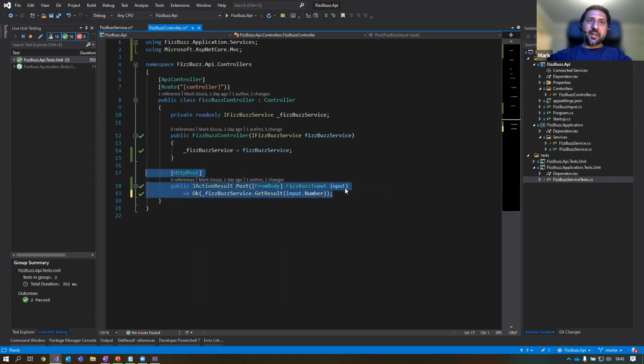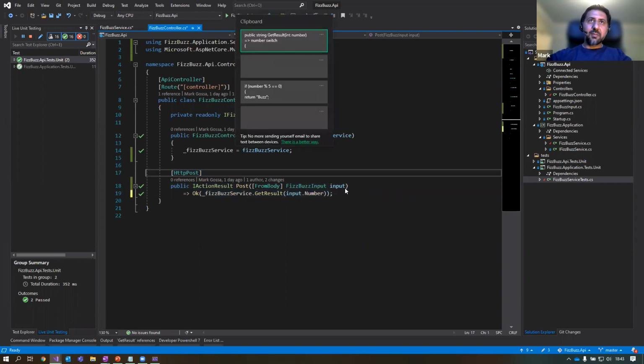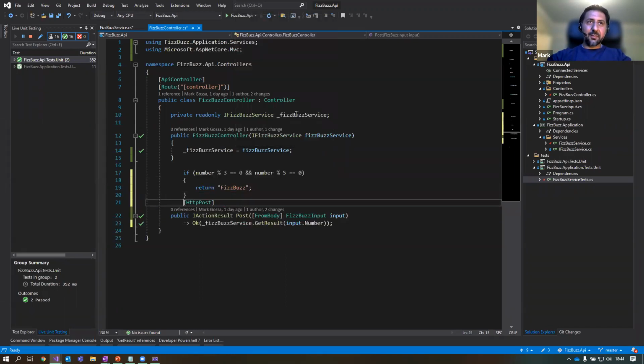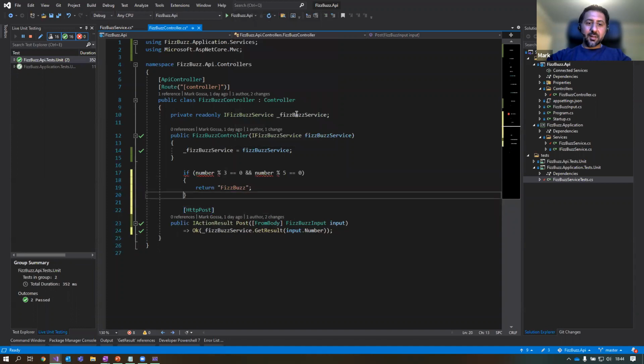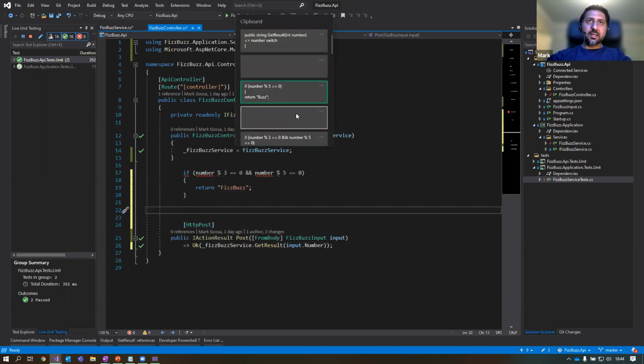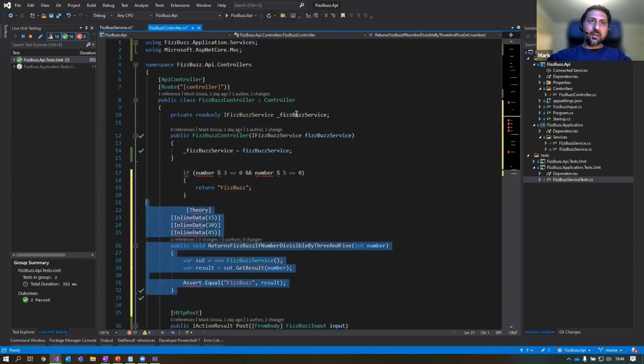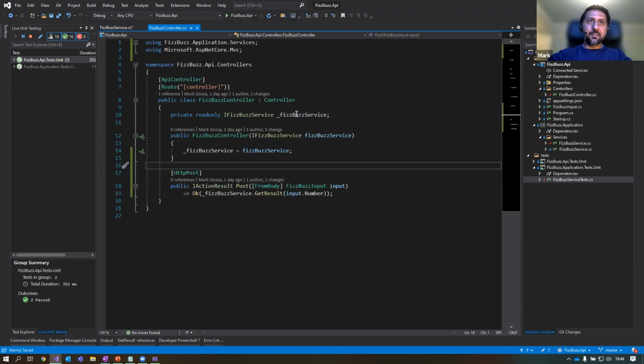One thing that I find very helpful is the Windows V option. If I press Windows V, I can see all the different things that I've been copying and pasting. If I wanted to paste that in, for example, I can paste that in. Maybe I've got a test or something. Basically it's keeping a record of what was in my clipboard. So I can now copy multiple bits of code from various places and paste them in without having to go back and forth.